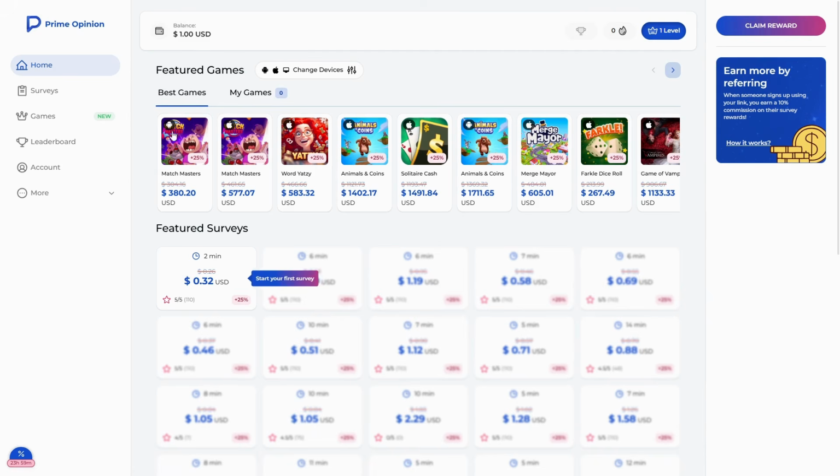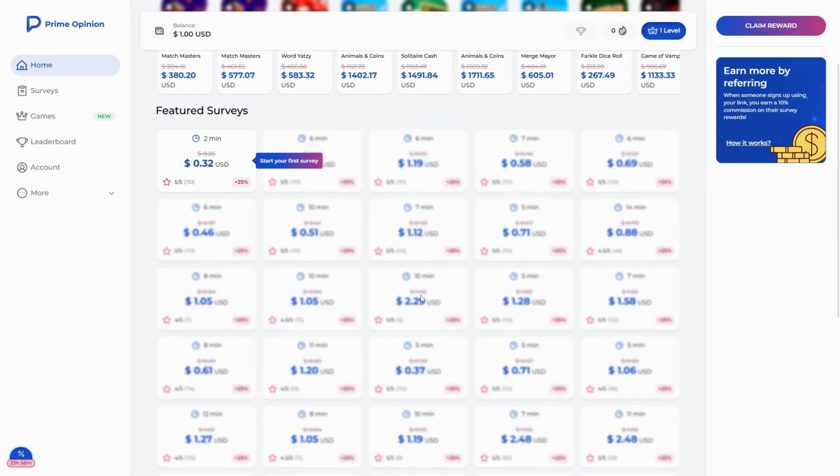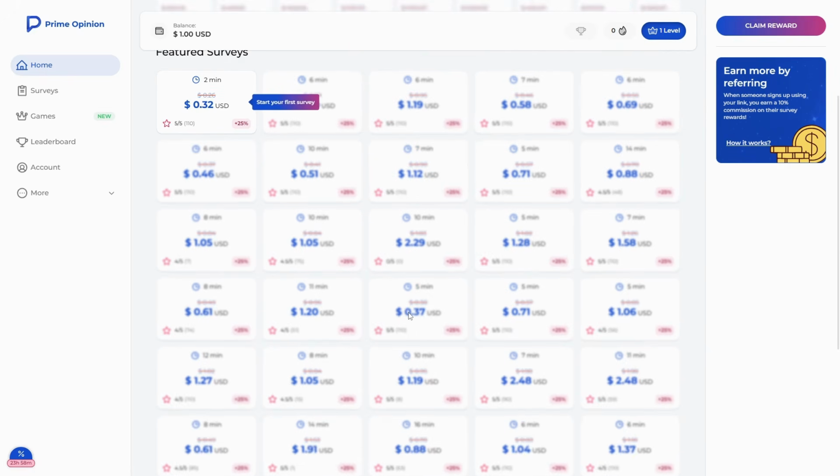And here are the games and the surveys. You can see the featured survey, you can earn up to 0.32 USD, and you can take it. To unlock other surveys, you first take this one. You can take the first survey, and if you do it well, other surveys will be opened, and you can see there are others that even pay $2. So yeah, this is very good for a beginner, and you can do it at your home. And most of this